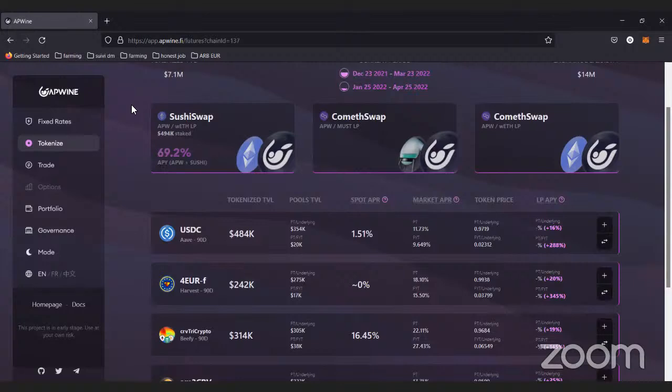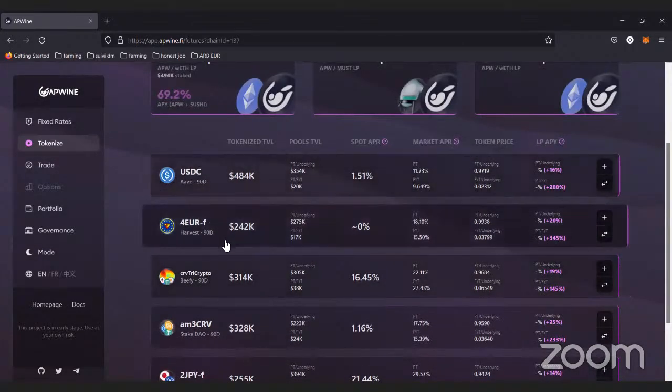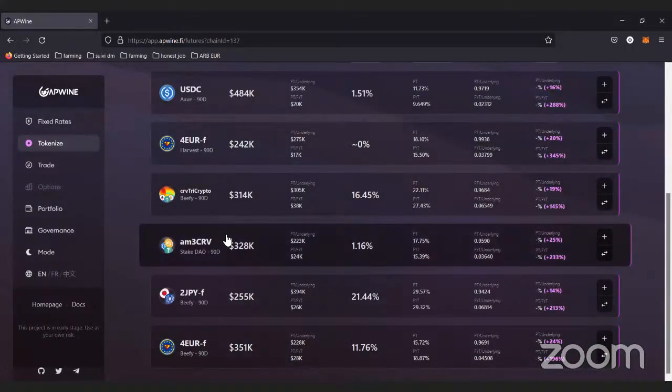Last thing that I wanted to add, so what I see as valuable in APWine. Of course, there is this thing with the tokenized yield, and as you can see, there are many strategies where you can optimize your yield. And right now, many yielding stablecoins have crashed. So APWine is here to create something a bit more interesting. But what we need, of course, is way more liquidity in the pools, more tokenized yield and so on. More liquidity will make the system a bit more efficient.